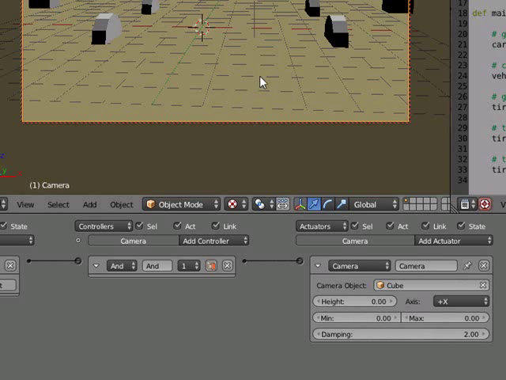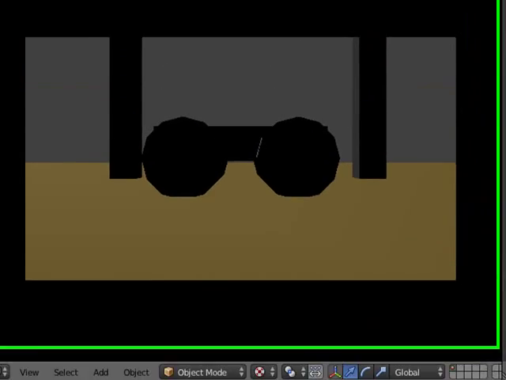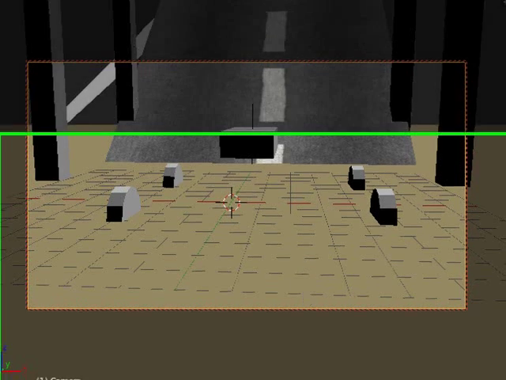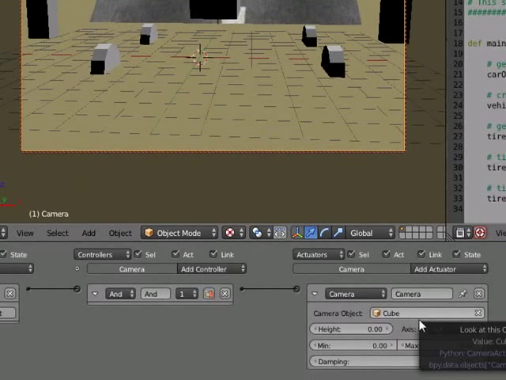And let me press P again. Now we see how it is moving, but the camera is at the side of the car. Alright, let's press escape to get out. So to make this the right way,